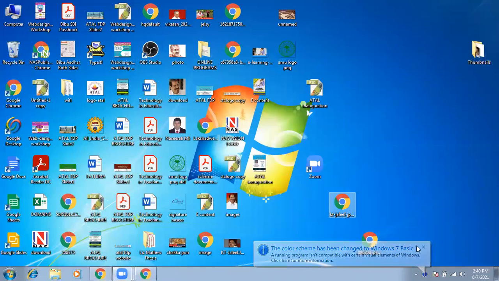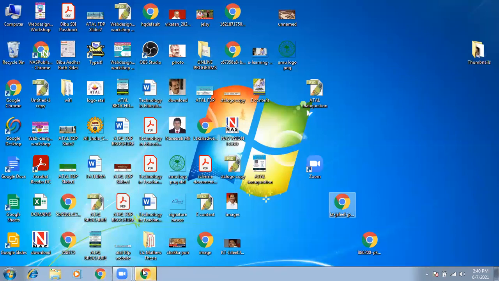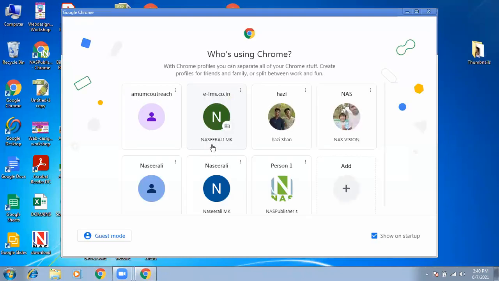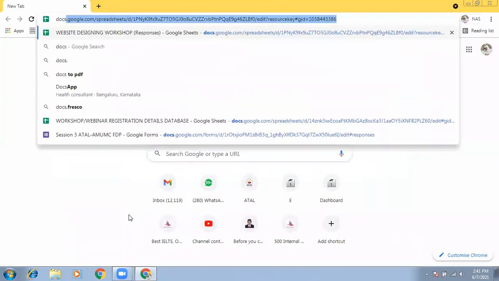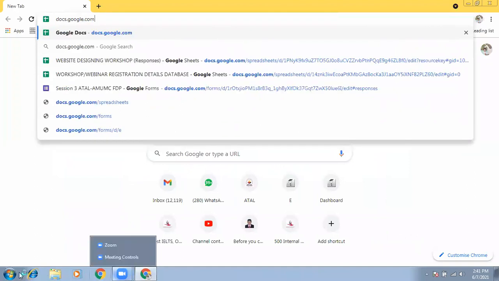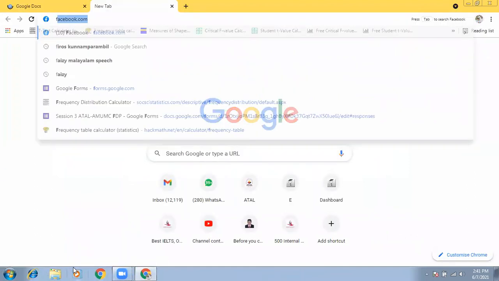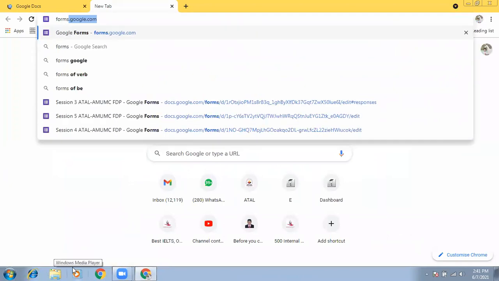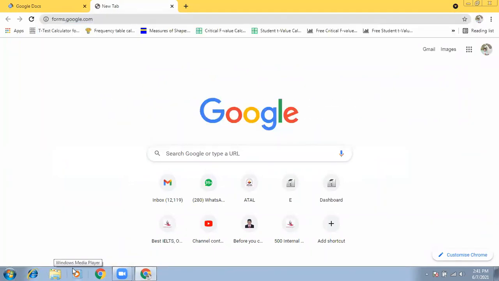And as you know, we can start Google Forms by opening our browser. Then we can enter docs.google.com, or directly if we need to get into Google Forms, we can enter forms.google.com.